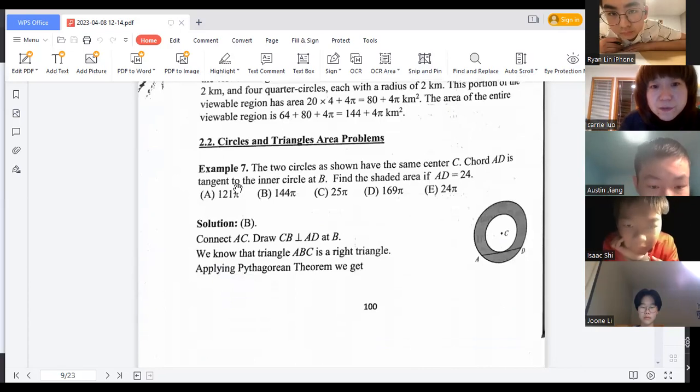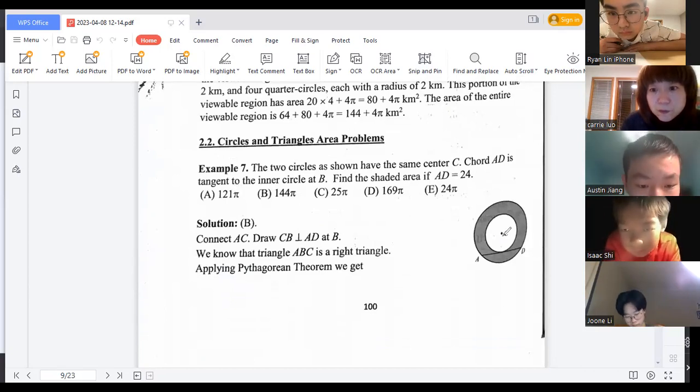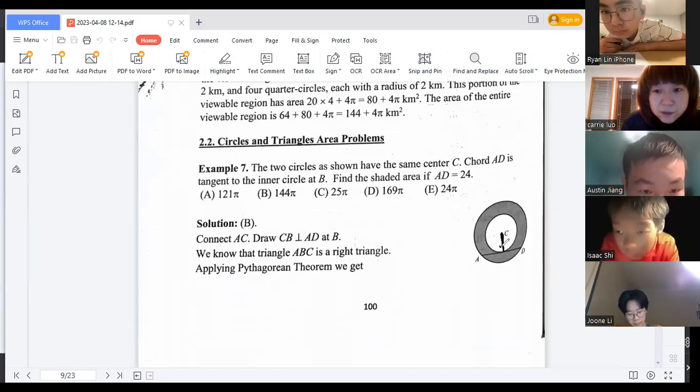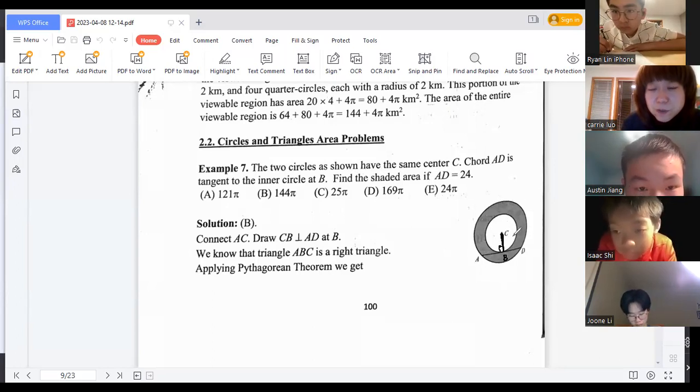Okay? So example 7, the 2 circles shown have the same center. Chord AD is tangent to the inner circle at B. Okay, so what does it mean? That means if I'm drawing C and drawing a line, 做一条 radius，这个 radius 是不是跟它垂直的，对不对？Okay, find the shaded area if AD equals 24. 这里应该有个 B 吧？它没有画啊。